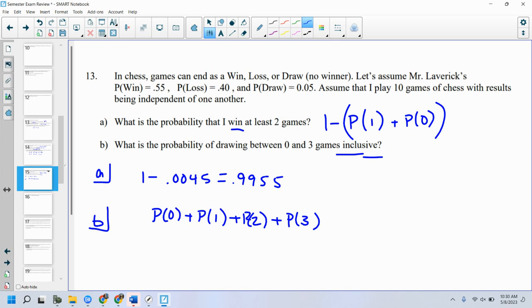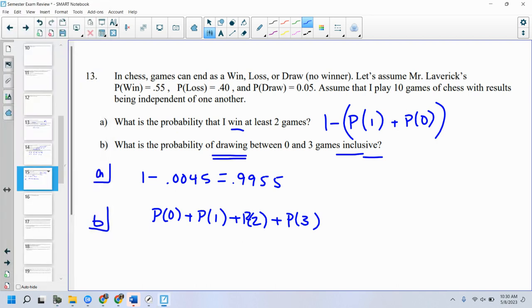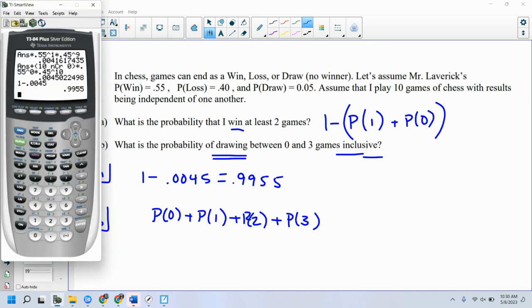So probability of 0 drawing. Yeah, that's the issue here. I'm changing up that, right? I'm drawing. Okay, so it's 10C10, which is just 1, right? 10C10 times 0.05 raised to the 0 times 0.95 raised to the 10